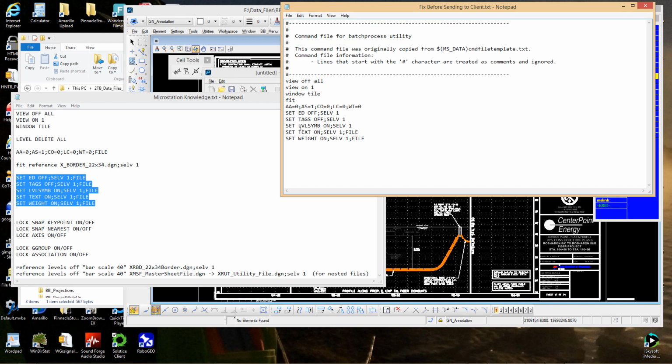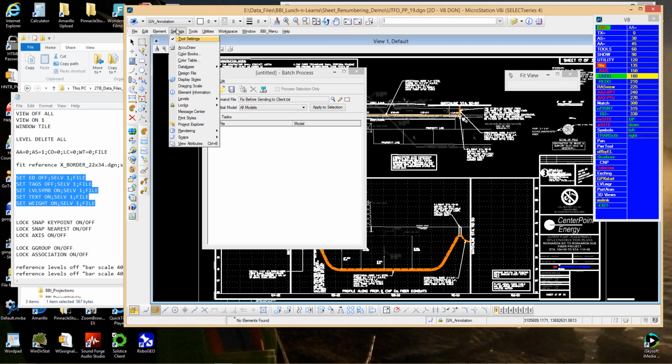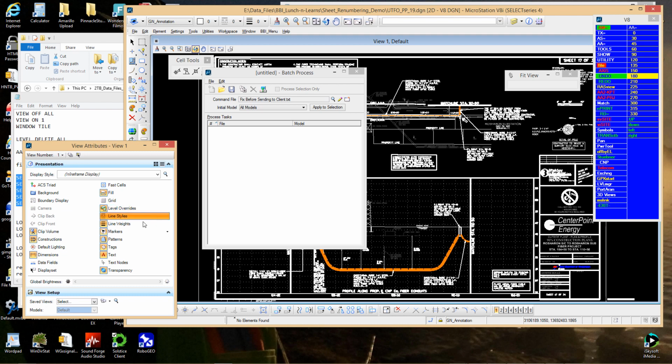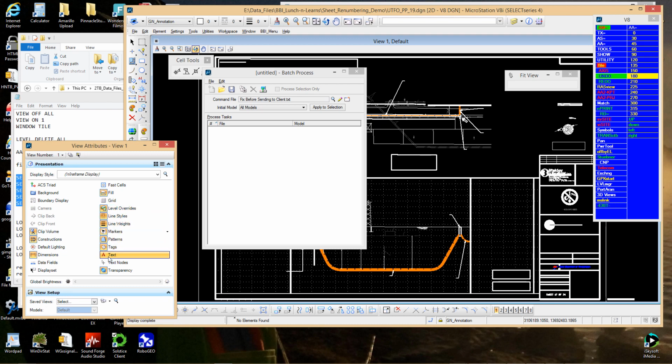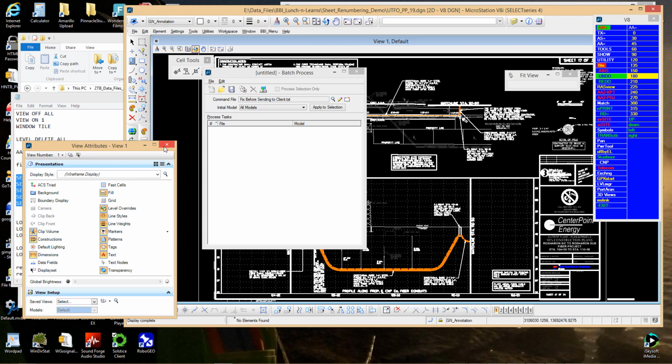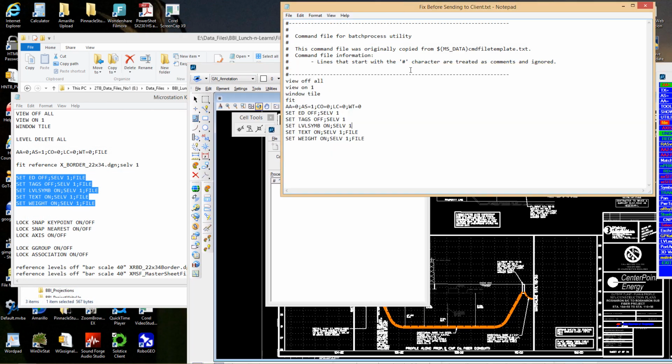Text on and off. You know, in settings, view attributes, if I turn off text right now, for the purpose of working in a lot of intricate geometry over here, and if I'm zoomed in and I'm working in it and the day is over and I say, oh, save settings, and I had my text off, that does stay. So when someone opens your drawing they're going to say, he's deleted all my text, it's not there. And someone wouldn't think to maybe come over and just turn the display of text back on. So that can always be a problem, so we always want to make sure that we set text on